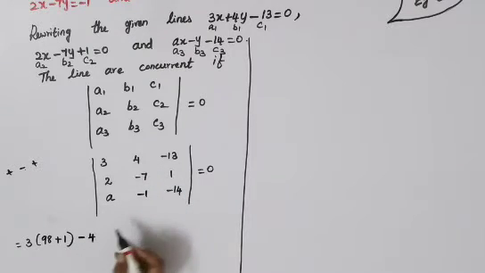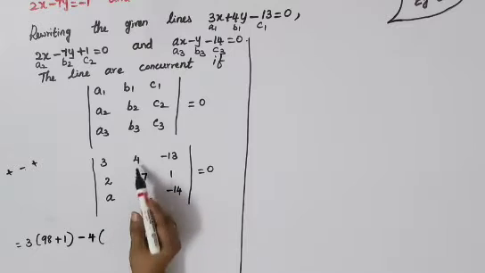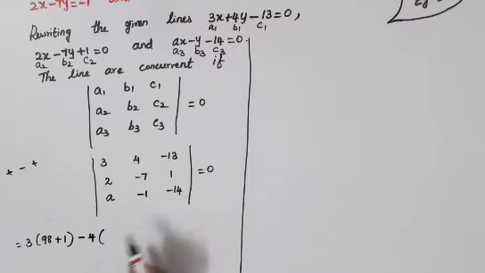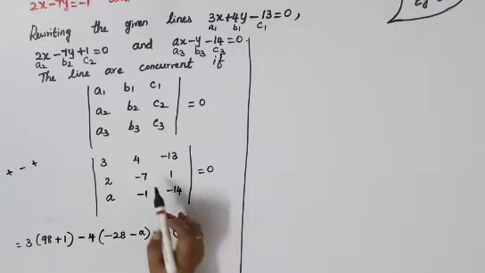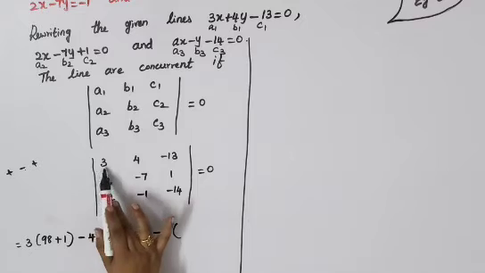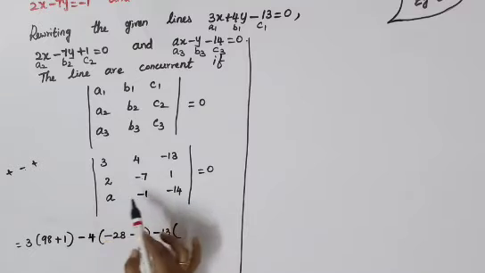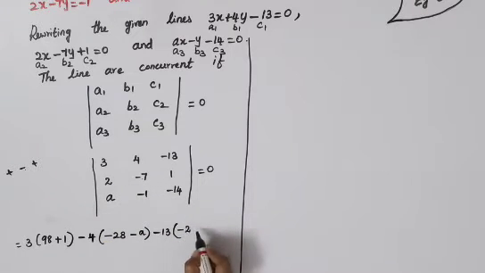This 4 and the minor of 4 you'll have to find it. Removing the respective column and row, these 4 numbers will be there. So 2 into minus 14 you'll get minus 28. Then minus, from the format, a into 1 you'll get a. Then minus this 13, open your bracket. Then the minor of minus 13 you'll have to find. Removing the respective row and column, these 4 numbers you will have. So 2 into minus 1 you will have minus 2. Then minus into minus you will get plus, a into 7 you will get 7a, which is equal to 0.